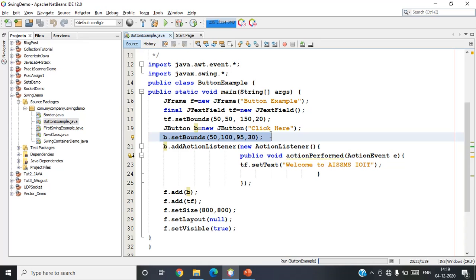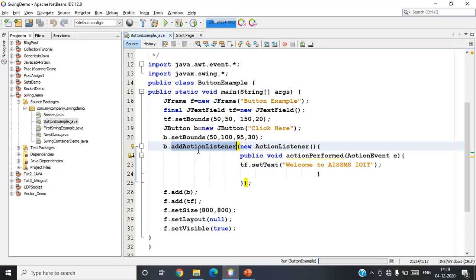Now the next important thing here is the action listener. Whatever action I need to perform on my swing component, I need to code it inside the action listener. So what exactly is the action listener? An action listener in Java is a class that is responsible for handling all action events, such as when a user clicks on a component. Mostly action listeners are used for JButtons.